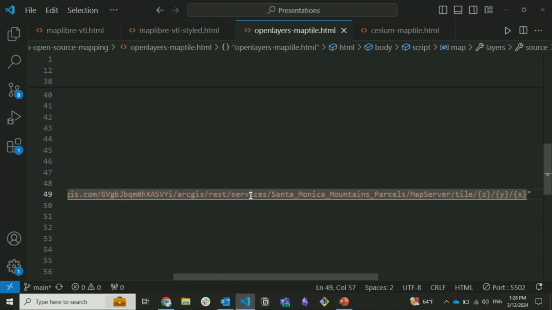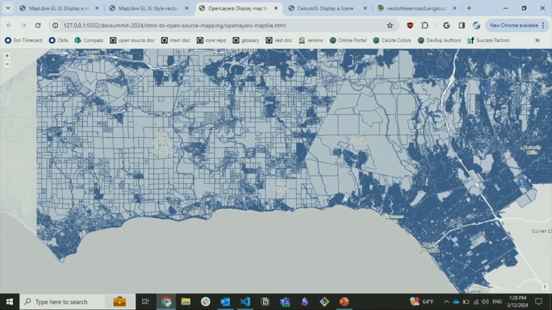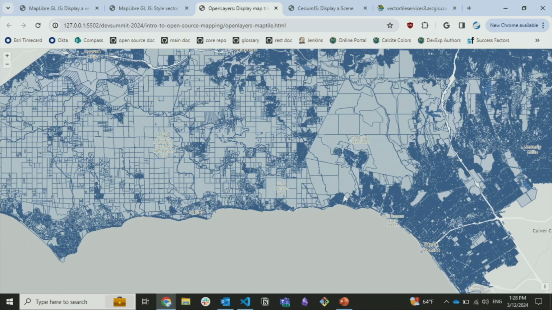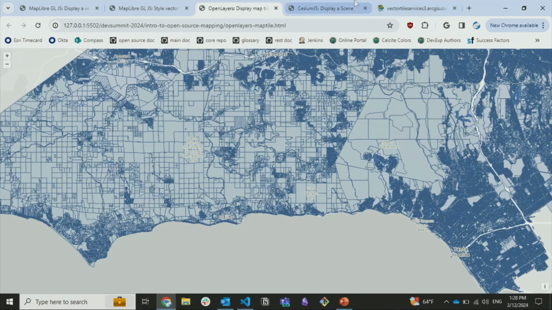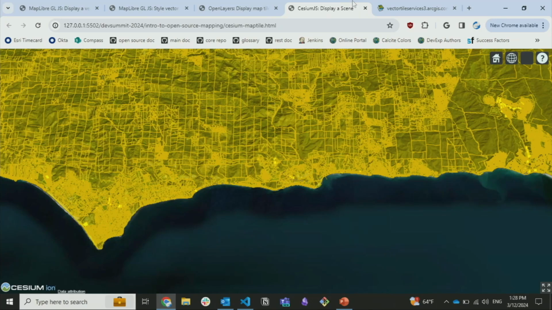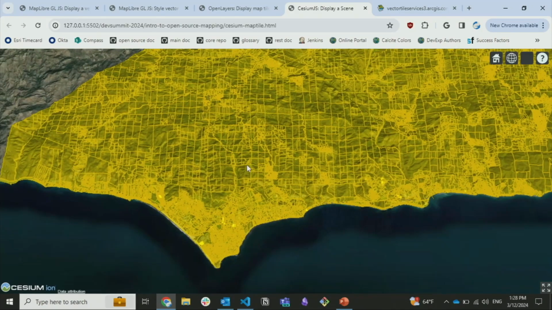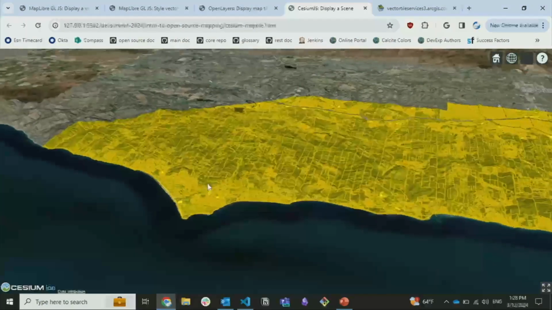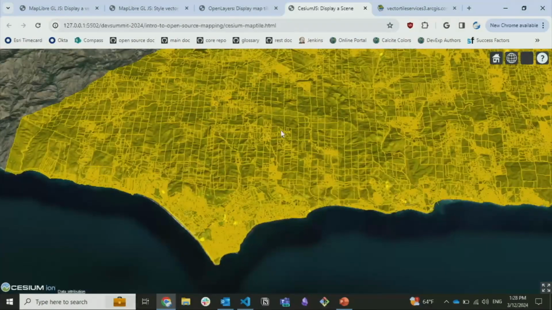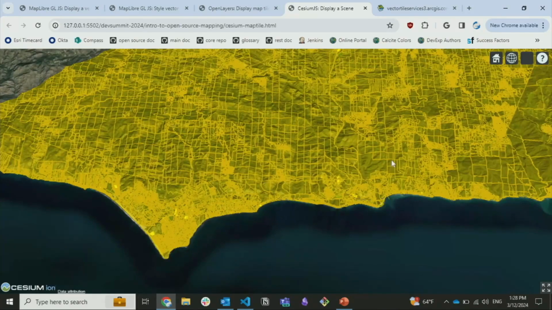So let's take a look at pretty much the exact same demo, but using CesiumJS instead. And I did mention that Cesium does not support vector tile layers, so this is a much stronger use case for this library, honestly. And Cesium is a lovely library in that it has full 3D support, so I can actually zoom and pan here, and I've even added terrain,